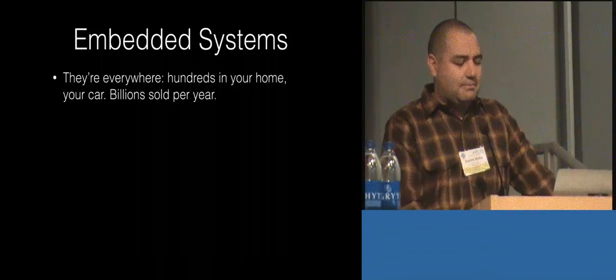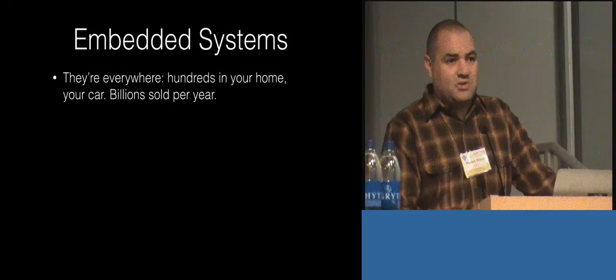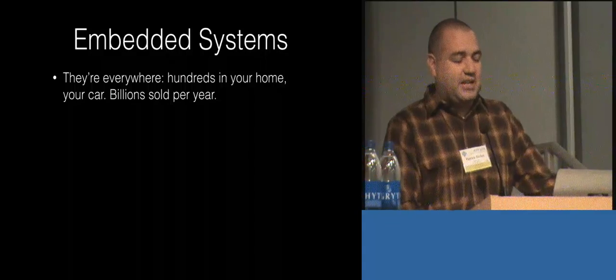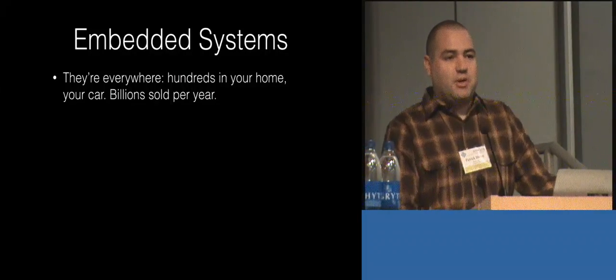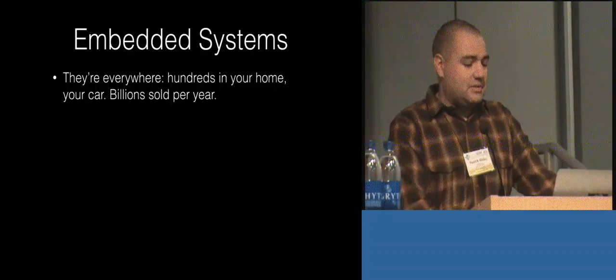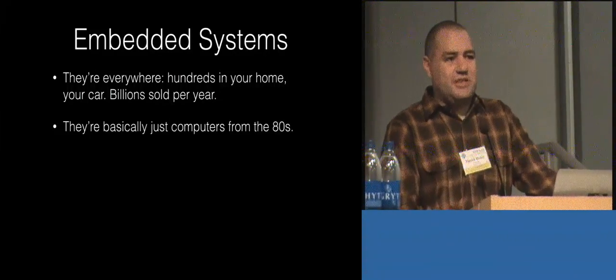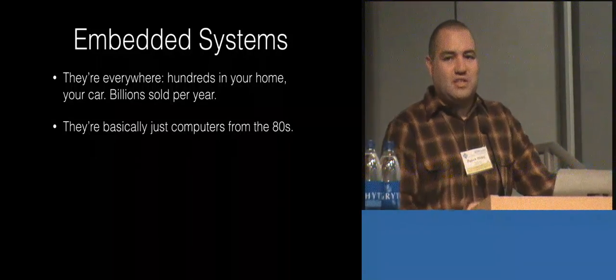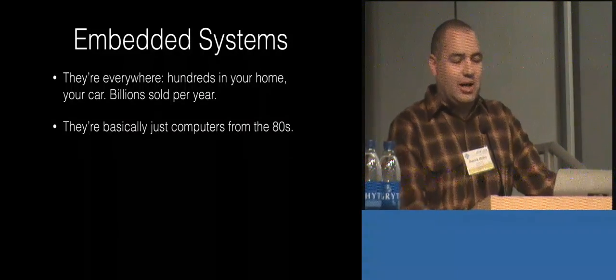So I'll talk a little bit about what makes embedded systems, this problem domain, pretty challenging. There's billions of these in the world, billions sold every year. Like Kathleen said, they're from everything from industrial control systems that run power plants and sewage plants. They run airplanes, they run appliances in your home, your car, everything. So there's a lot of software being produced for these. And they're basically just really old computers. They don't have memory management, they don't have hard disks, they just have a little bit of RAM, a little bit of ROM.